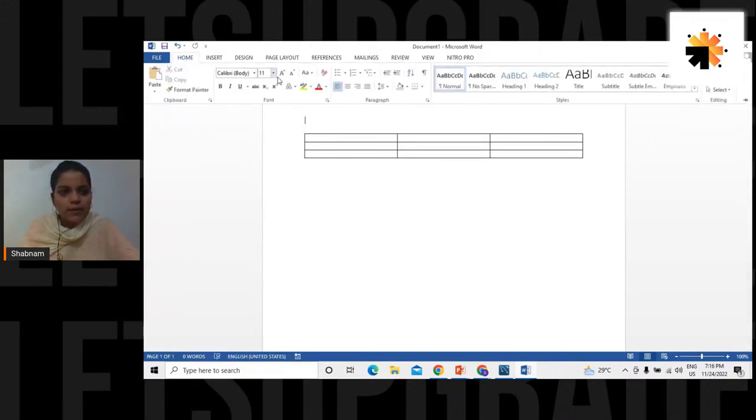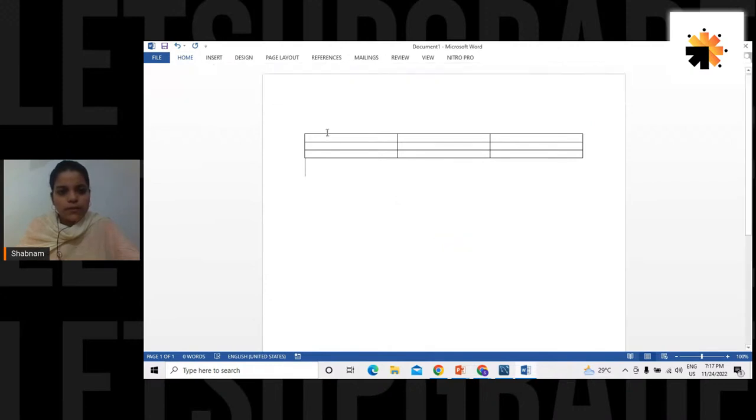Okay, this is a product table, and these are the columns of the table. Say product ID, product name, and product price.